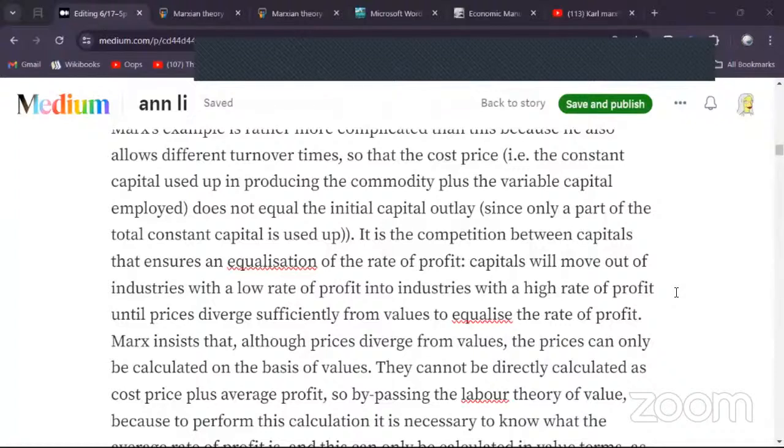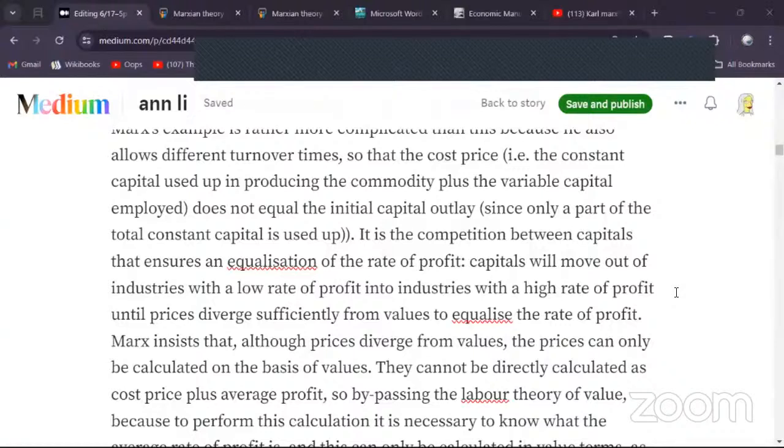Now, whether that happens in reality is a whole different question. Marx insists that, although prices diverge from values, the prices can only be calculated on the basis of values. This is an insistence that can be problematic when you've already said, well, values are kind of abstract. It's difficult to measure them, particularly with the relationship of fixed capital to variable capital,